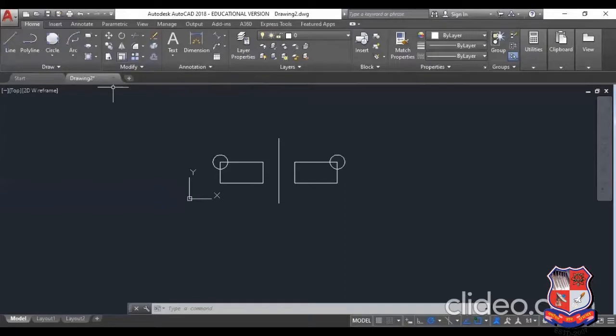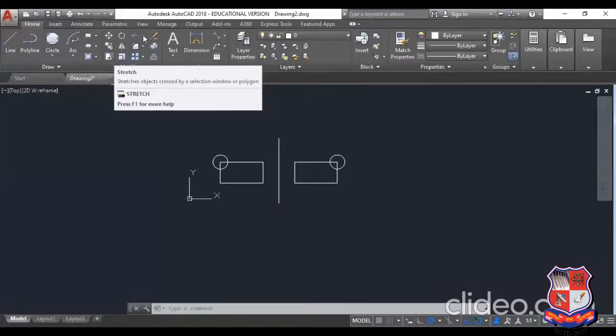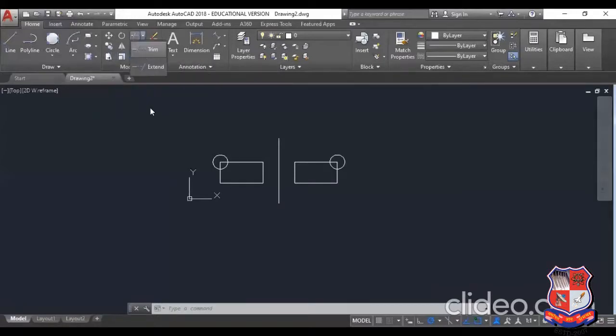The remaining commands like scale, stretch, trim and extend, then fillet and chamfer, blend curves, then array, all those commands we will see in the next lecture. So from here we will stop and we will see in the next lecture.